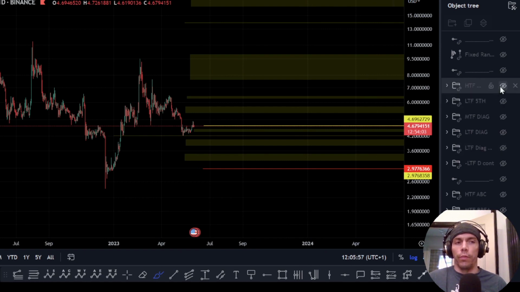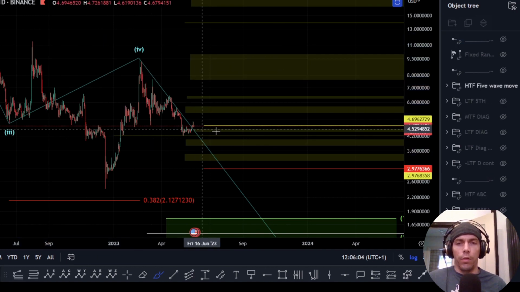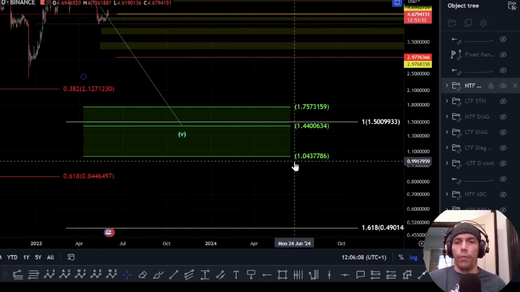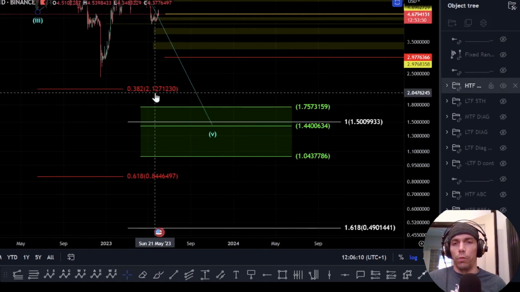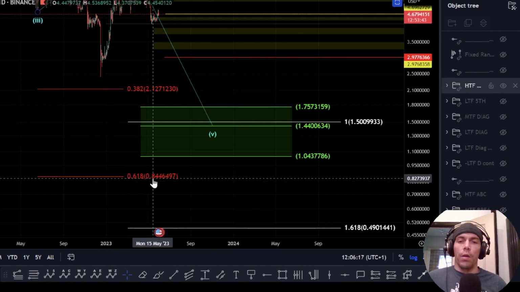So we're going to go over that option in a second, but we're going to go over the bearish options first. Now within this, what I'm looking out for is that potentially we have a fourth wave here, looking at this as a flat. Now if this is the case, we could be looking for a move down towards this 175 to this 104. Other targets are this 212 as a 0.382 of the wave 1 to 3, and this 618 here at this